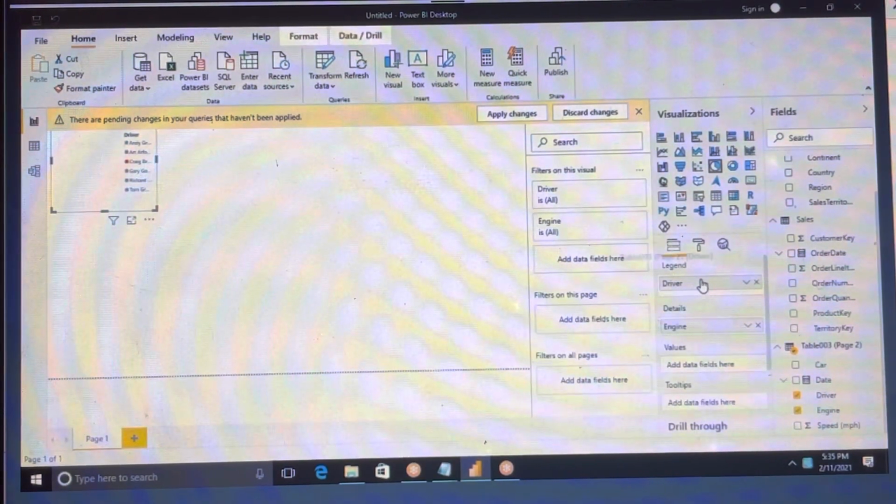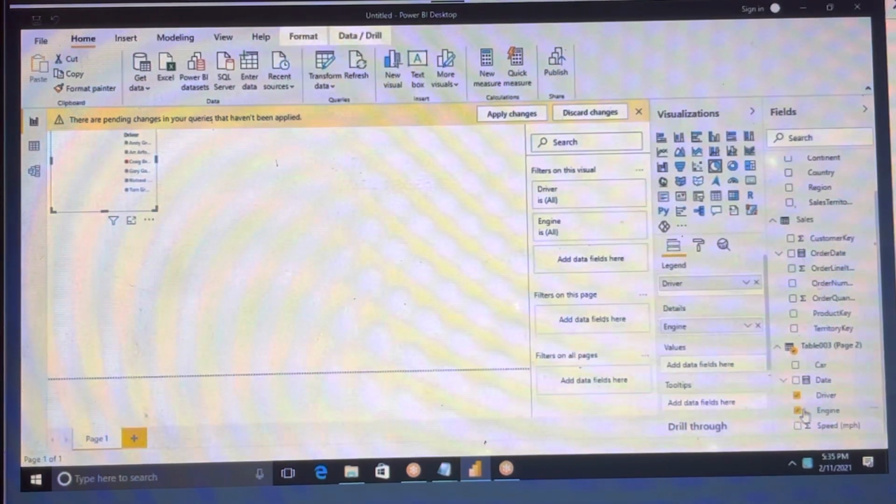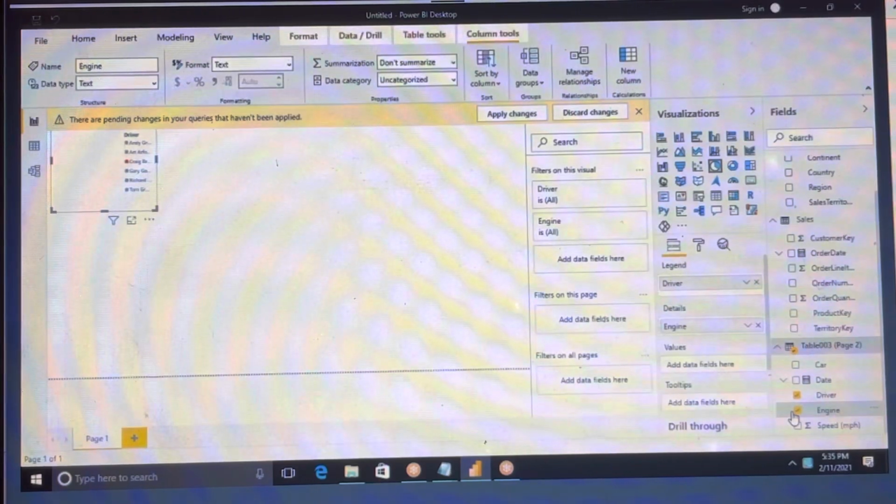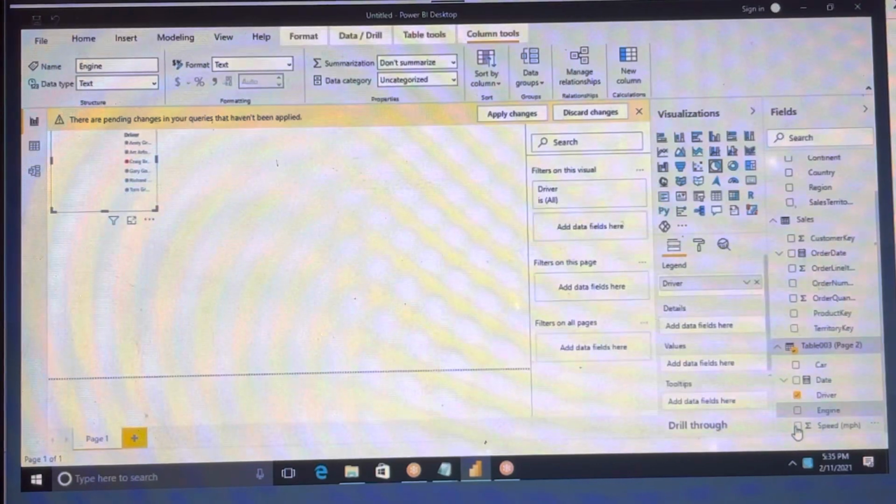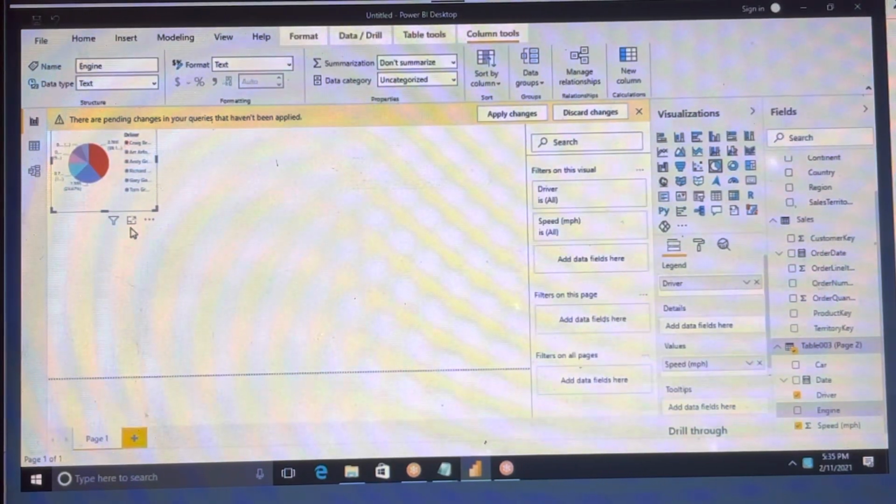So it is legend, engine selected, not engine. You can take speed.